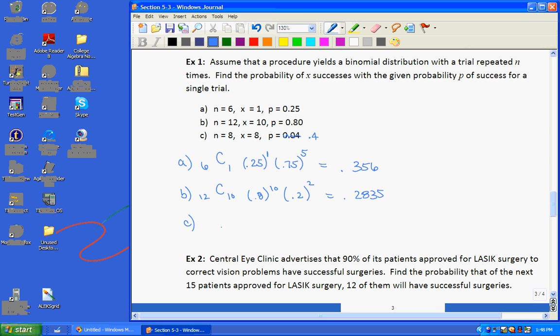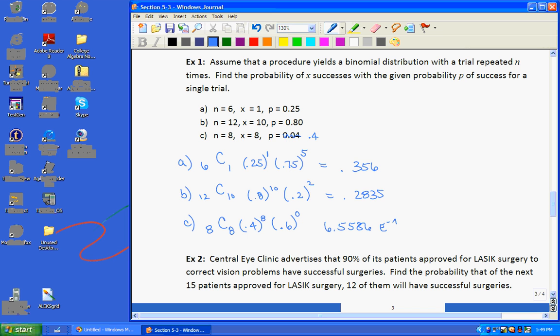So we have n trials, but we have n successes. So I have 8C8, 0.4 raised to the 8th power, and 0.6, so probability of a failure. Well, if all the trials are going to be successes, that means I have 0 failures. So that comes out to, well, you're probably getting something like this,